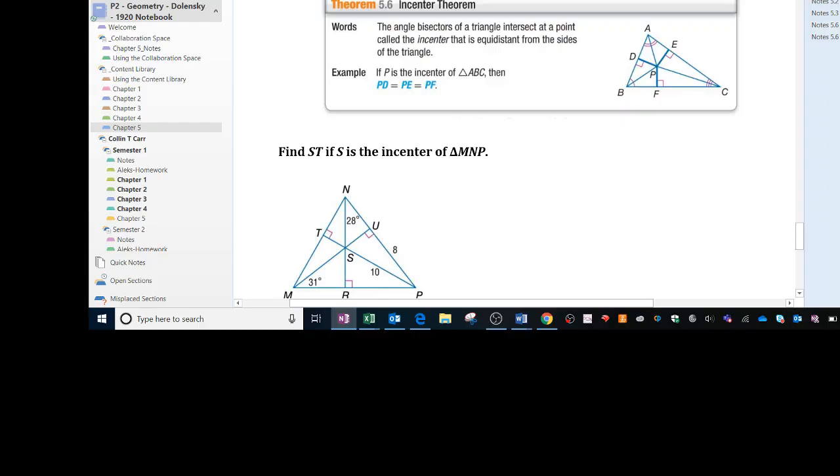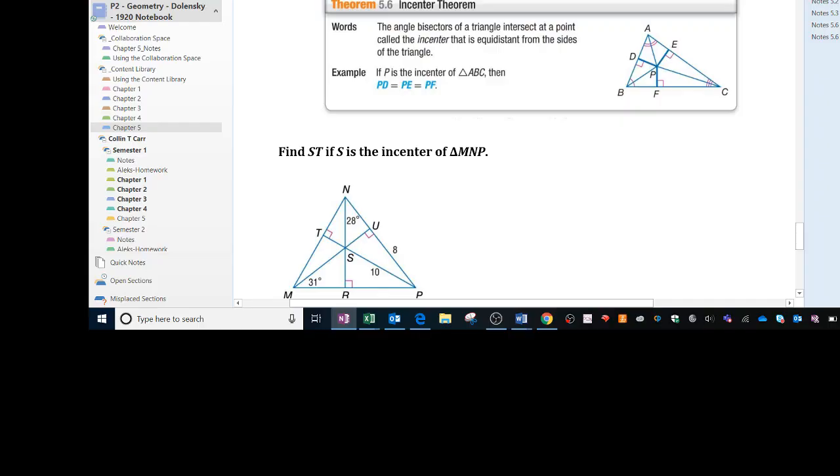In other words, I could put a circle inside the triangle so it touches all three sides at just a point. So for this one, you're doing the angle bisectors of each vertex, and that point of intersection